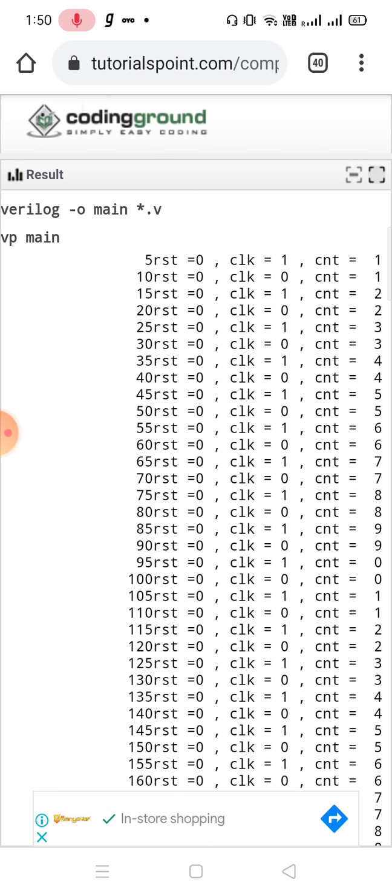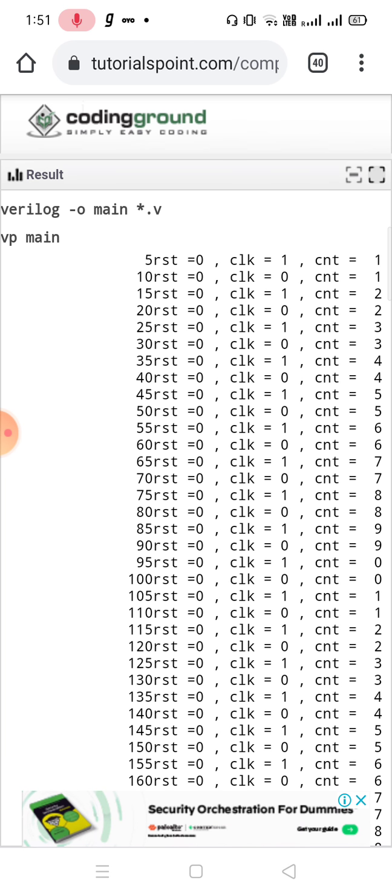So at every positive edge the counter value will increment. When the clock is 0, before the next positive edge the count value will not change. So at the 5th and 10th simulation time I am getting the counter value as 1. Then at the next positive edge of clock, at the 15th simulation time, the counter becomes 2, and so on.